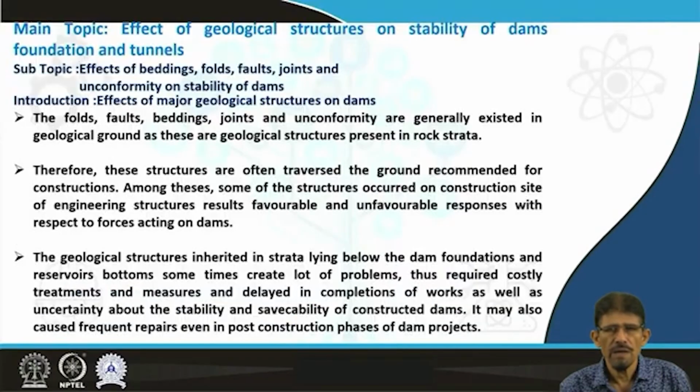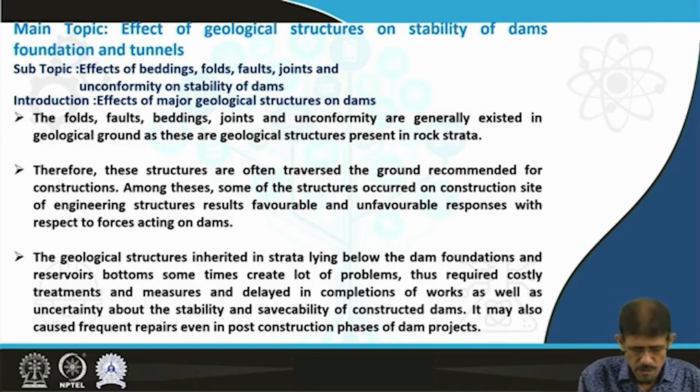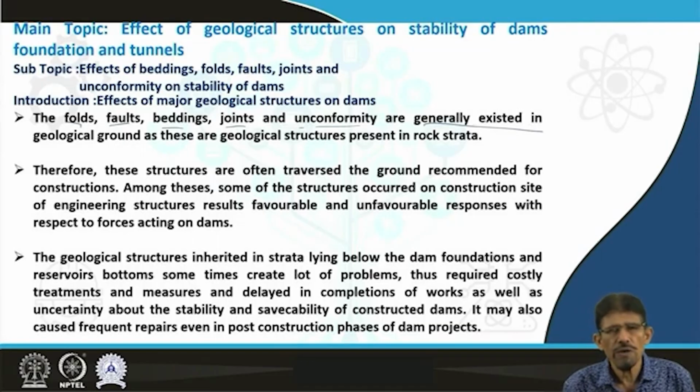and unconformity. Friends, as you know, the major structures like fold, fault, joints and unconformity represent the interfaces or discontinuity aspect, therefore affect the foundation, particularly related to stability. Here you can see the fold, faults, bedding, joints, unconformity are generally existing in geological ground, and the dams are constructed on geological ground. Therefore, the structures present in ground are recognized as geological structures, and the geological structures are going to affect the characteristics of rock strata in view of strength, in view of porosity, in view of permeability,